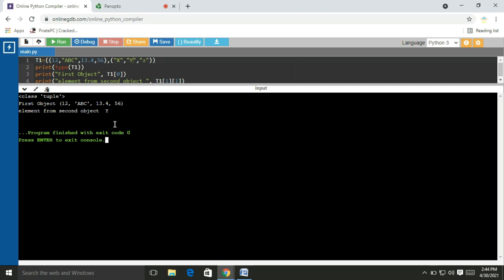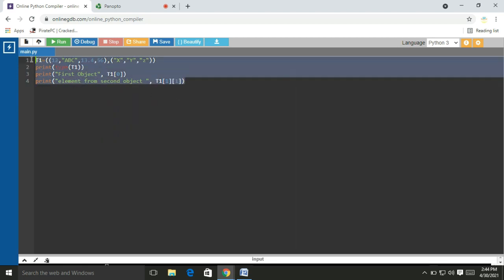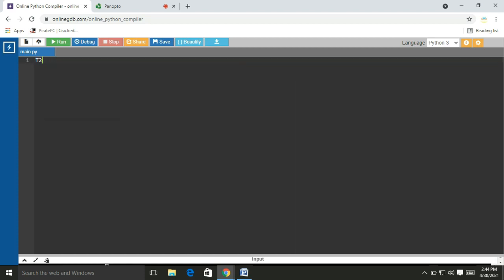Okay, friends, we can understand how to keep a tuple within a tuple. Now I will show you how to keep a list within a tuple. Again I am creating the tuple T2 as 3, comma, 45, comma, 9.12, comma, and we know that a list is created with square brackets: 55, comma, Ramu, comma, Somu, comma, 99.